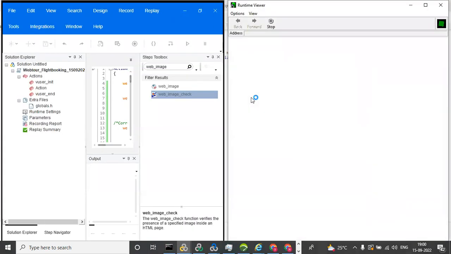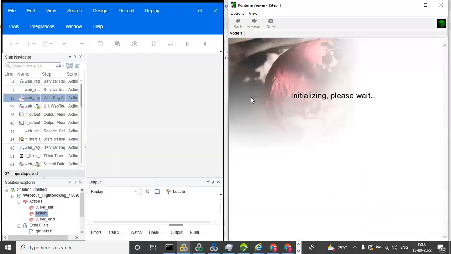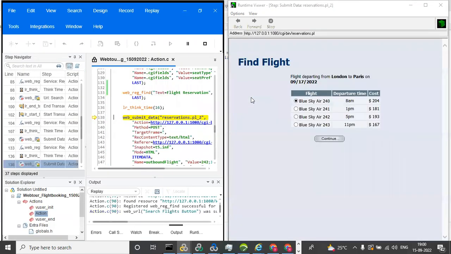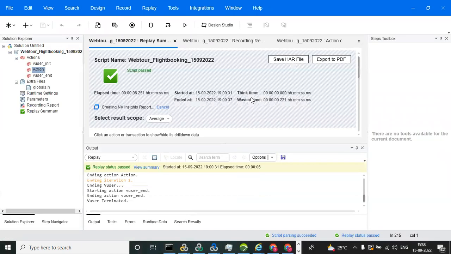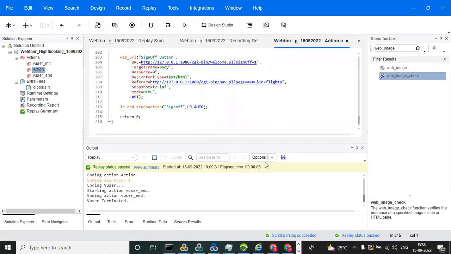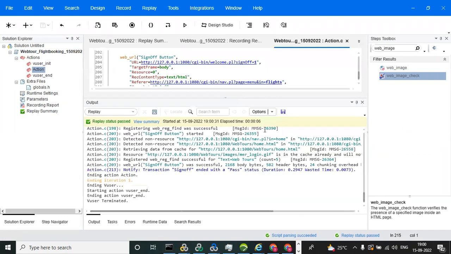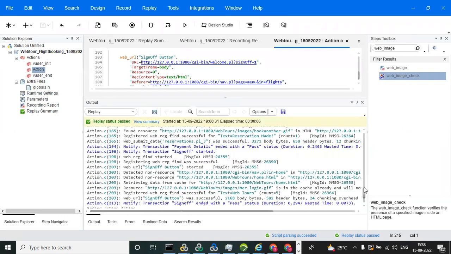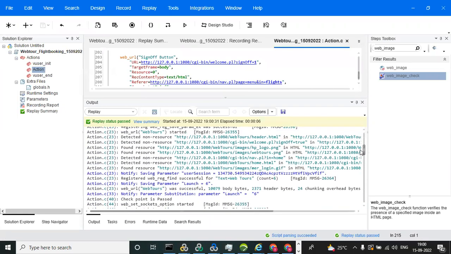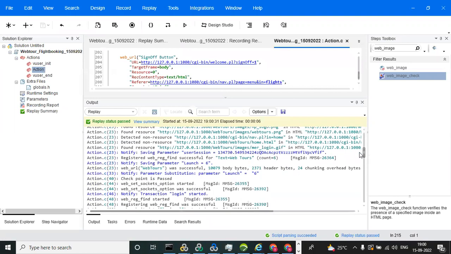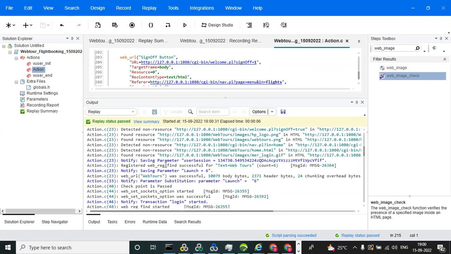So web image check will be no need, because we are doing for the text verification point, right? That is fine. But if anyone asks how to do for the validation points, we can do for the two ways. One is for the text verification point. One is for the image verification point. What is the text verification point? Web reg find. You can observe here, and launch is started, web reg find successfully, and we can see the